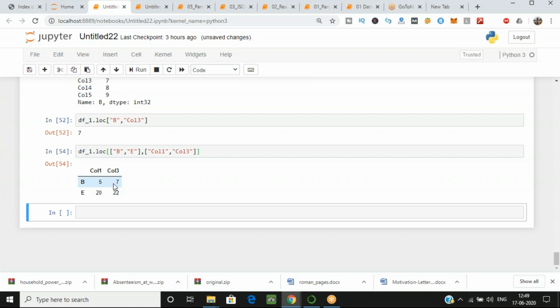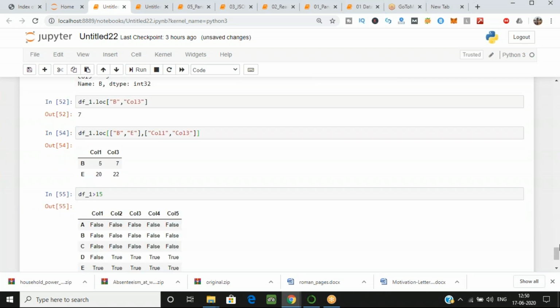Okay, let's try some condition, because we are using selection. So let's give some condition over here. We have the data frame and we are applying a condition over there. I want all the values over here to be greater than 15. So this is your relational operator, that is greater than 15. So it will give Boolean values, either true or false. Okay, let's execute this. It will come to your screen now. Can you see the output over here?